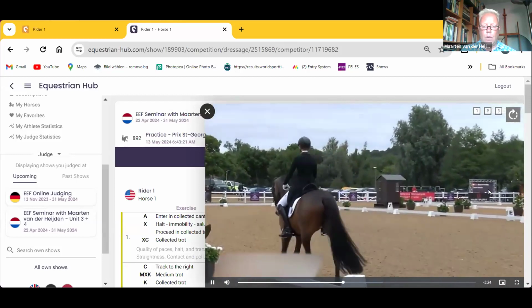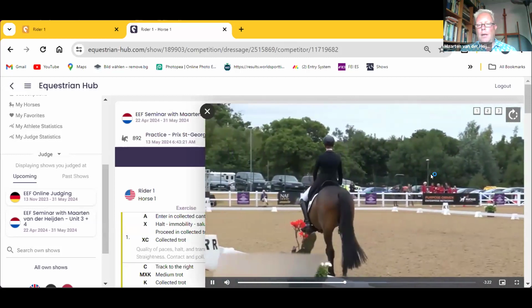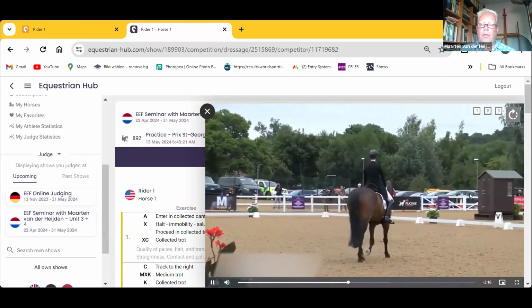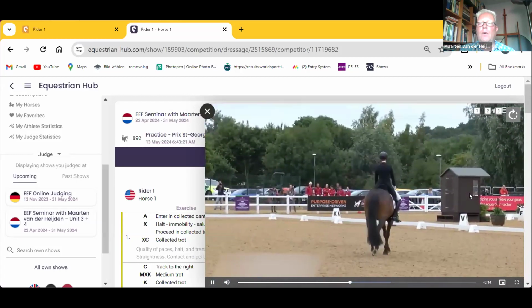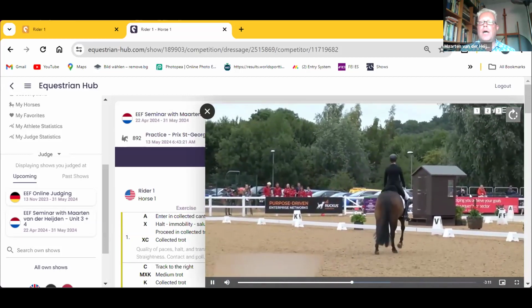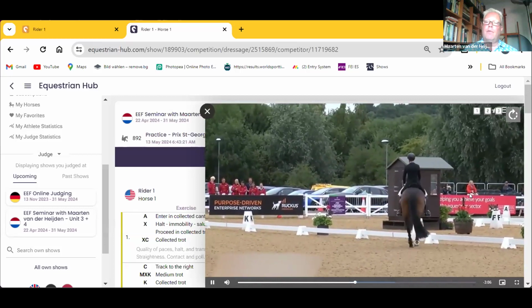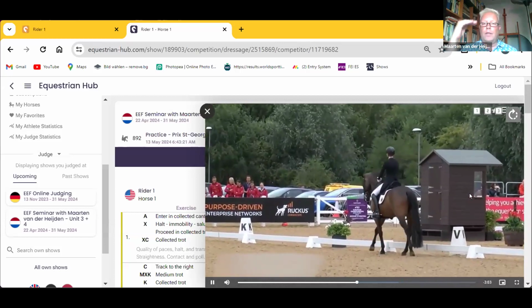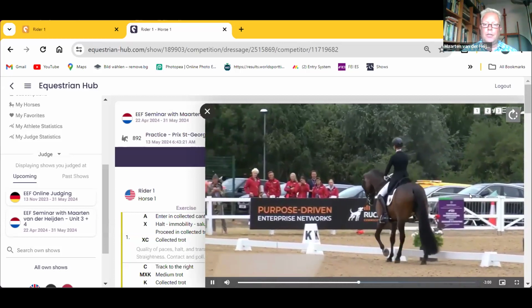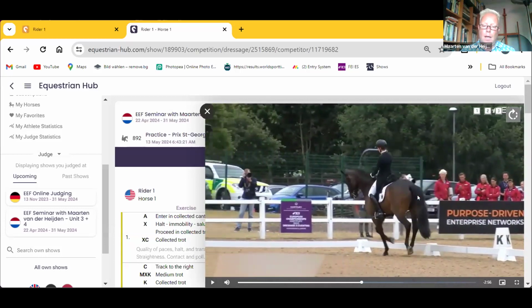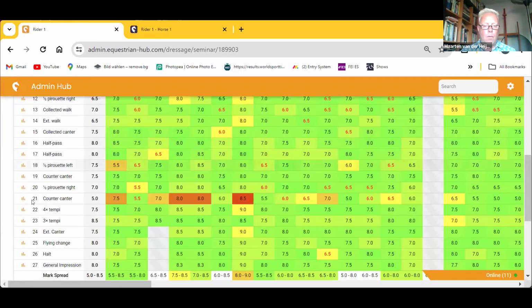Then we go to the extended walk. You can have more ground cover, look at the footprints, but look at the mouth and the bit. Look, he's not really stretching, he stays quite high, even now. So I want the horse to be more stretching to the bit for a higher mark. You can see he always stays a bit high. He really has to stretch to the bit and follow the hand of the rider. So that's why I only give 6.5 for this extended walk. Now we go to